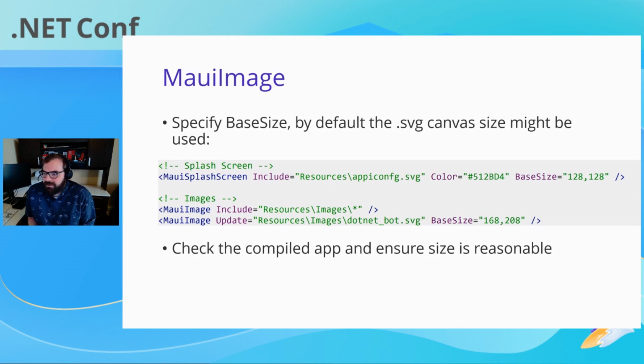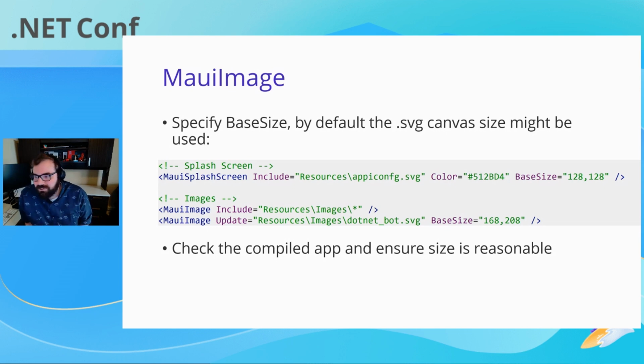SVG files are XML files, and there's a canvas size or something, I think. And so a problem we found is the .NET bot that's on the Maui template was set to a huge size, which is just whatever the design tool used to create that bot had as the number. So it makes sense that, whoops, that happens, but you just make sure that you put a base size on your images is what it comes down to. We put that in the template, and we saw both startup improvement and app size improvement.